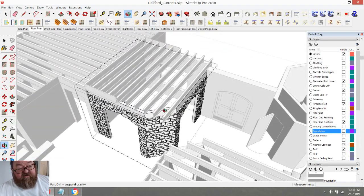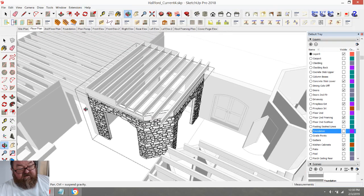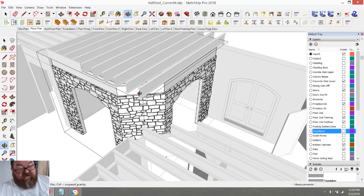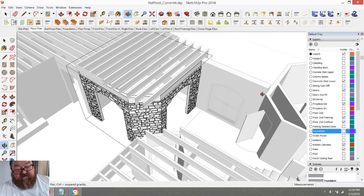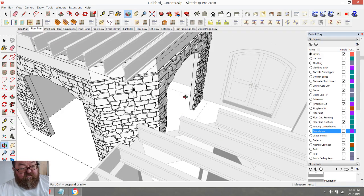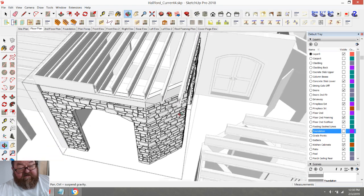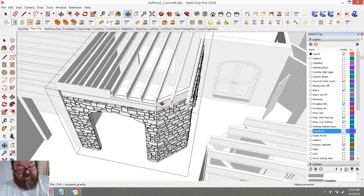And this is what you learn as you go through. It's easy to draw a bunch of dang walls and then not really think about it. But now the rubber's meeting the road. And I got to have a place to set an LVL that comes across here that carries these I-joists on over to here, because they're all on the same plane. The foyer and the dining room have 10-foot ceilings. So what's going to happen is these three joists right here have to be made